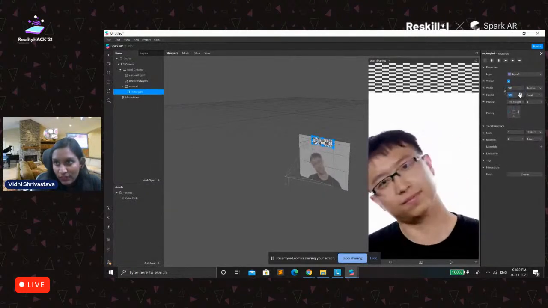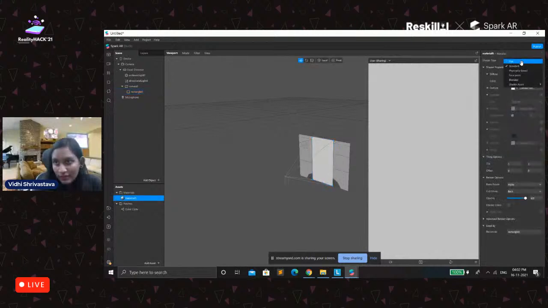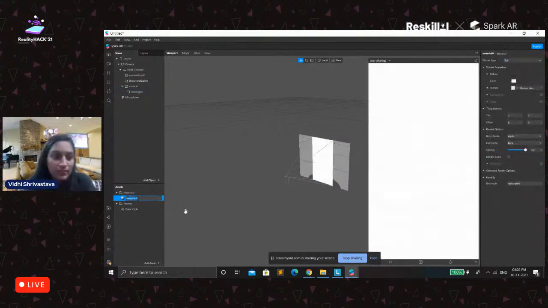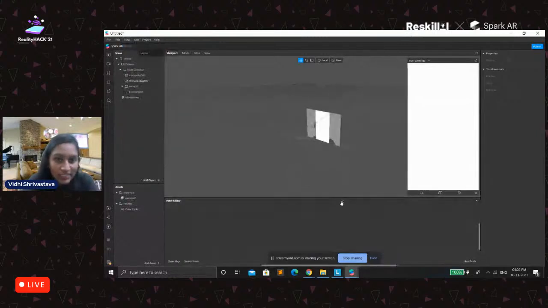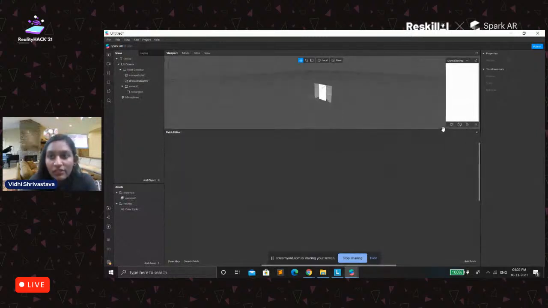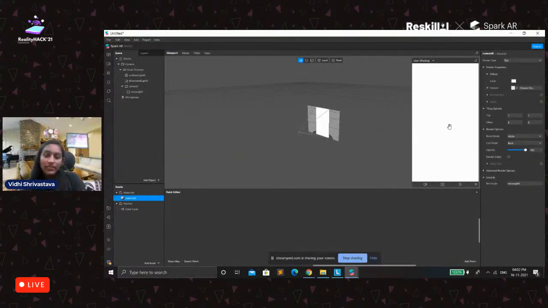Let's fill the width and height. Let's make the material flat, and I don't want to change its name. Go to the patch editor. Cool. So instead of going too complex, let's make it simple. So I will extract the texture of it.